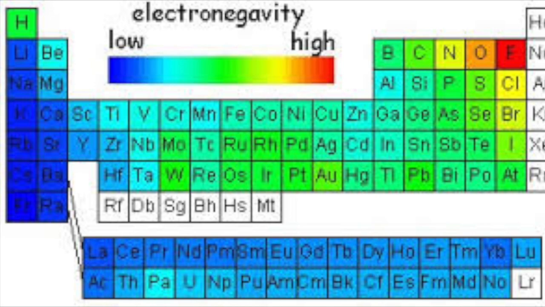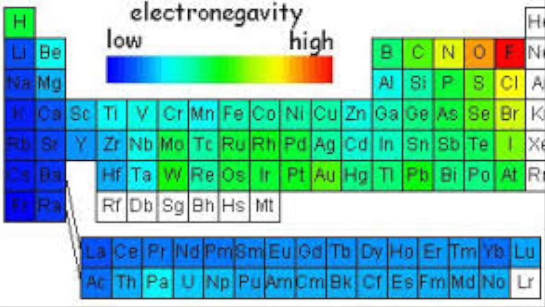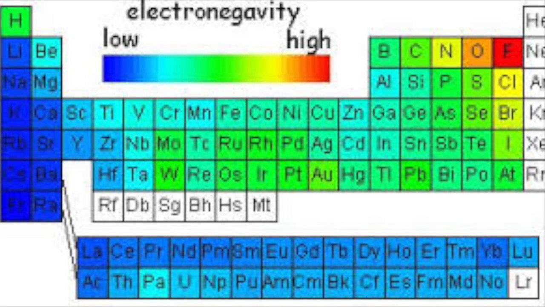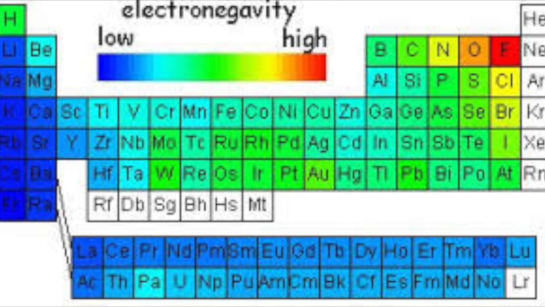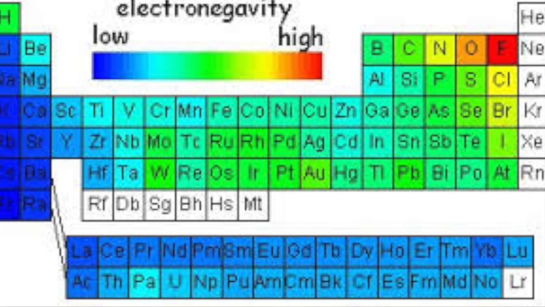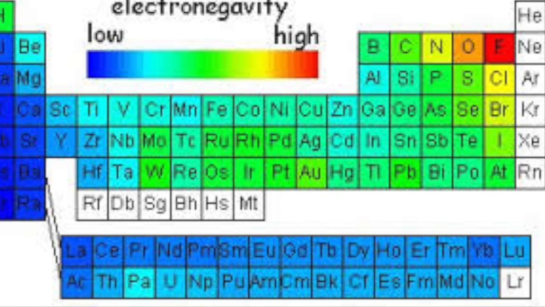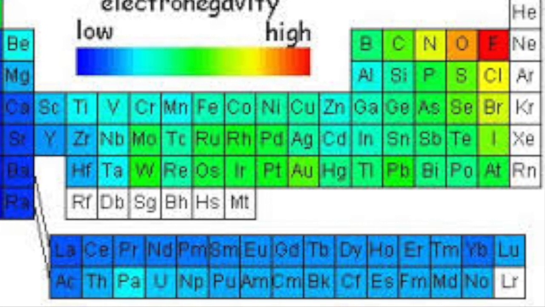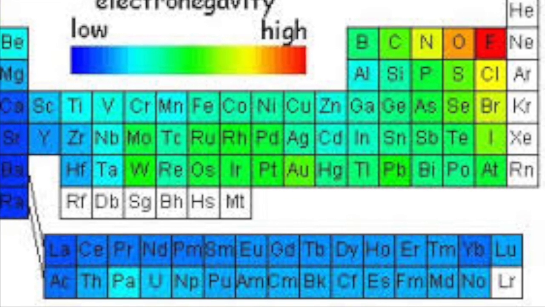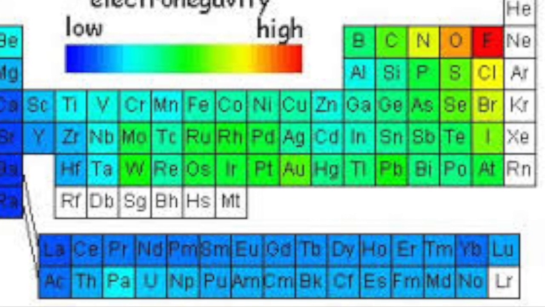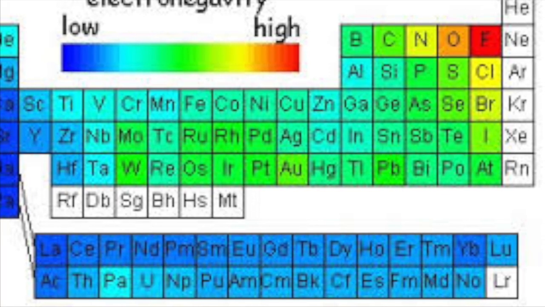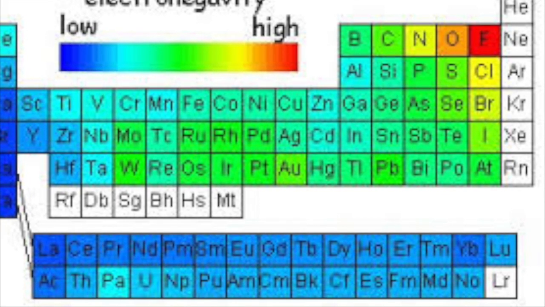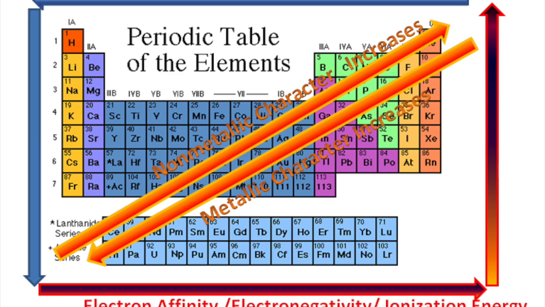And then lastly, electronegativity. That is the tendency of an atom to attract a shared electron in a chemical bond. It increases going right as well because there are more protons in the nucleus, and increases going up because there are fewer energy levels. So a lot of these are the same, like they kind of have the same trend